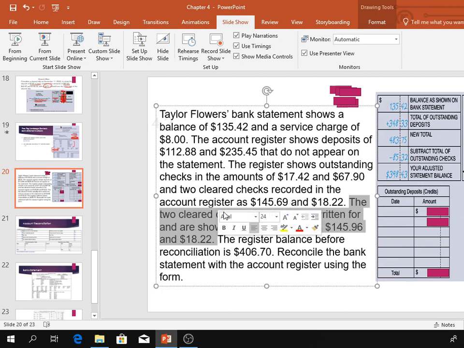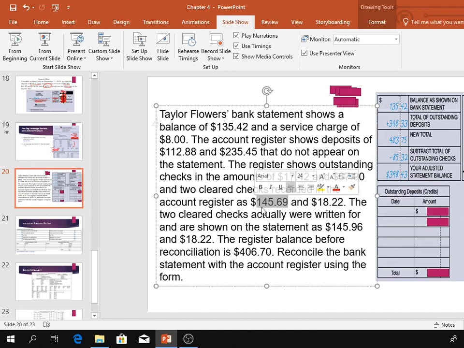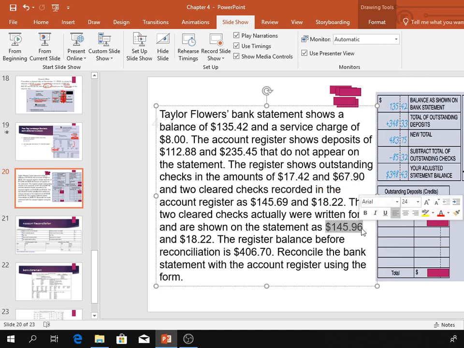$145.96 and $18.22. Okay, so the $18.22, that's exactly what it's supposed to be. But in my register, I wrote it down as $145.69, but it was actually $145.96. So when you're trying to figure out which one's right, you want to go back and look at your check. But the other thing you can do is, usually the statement is going to be more than